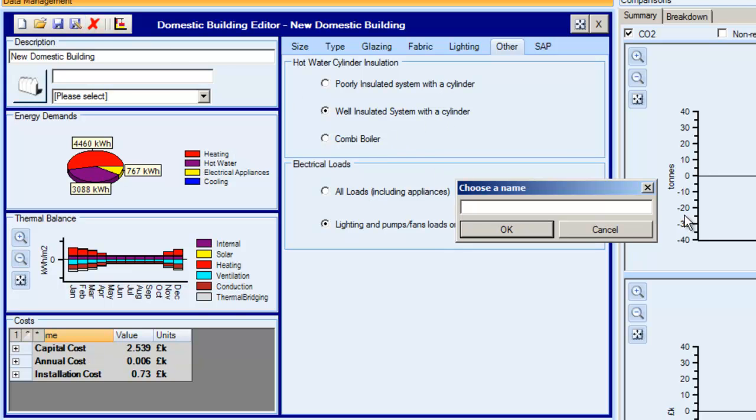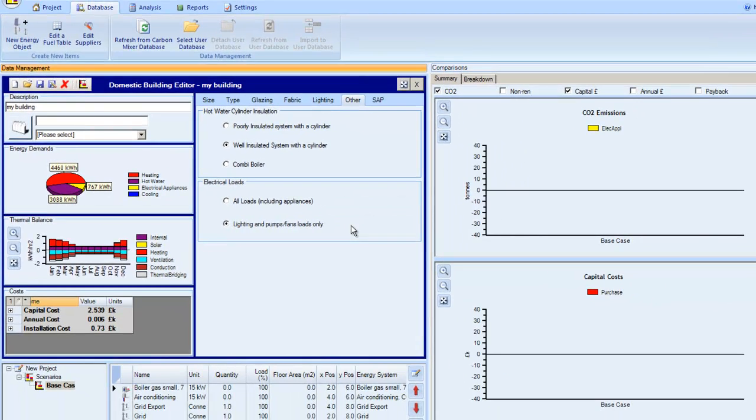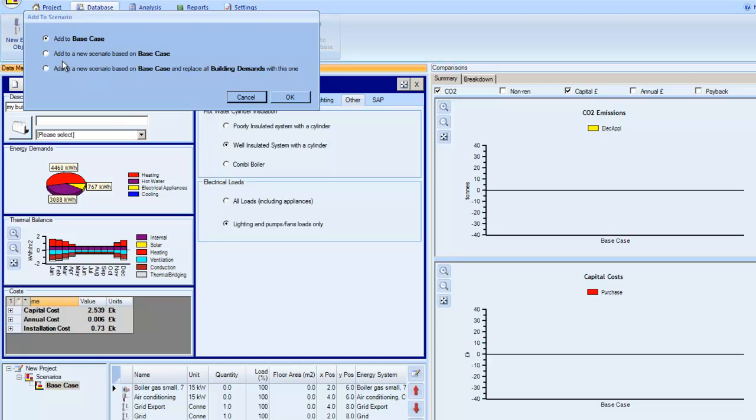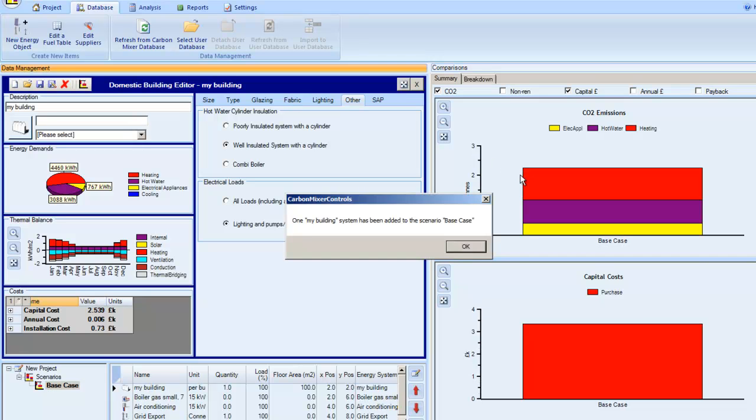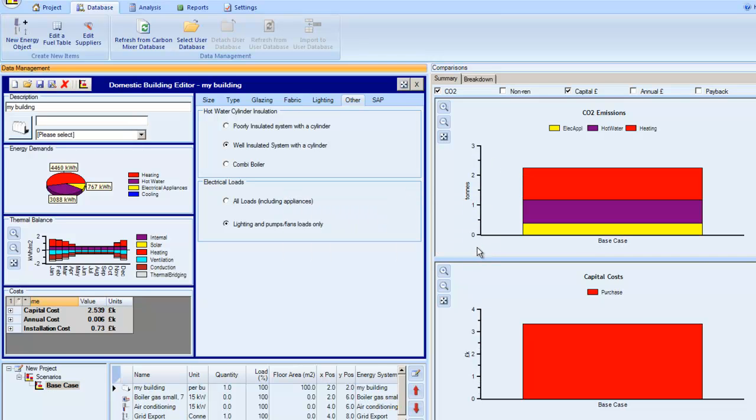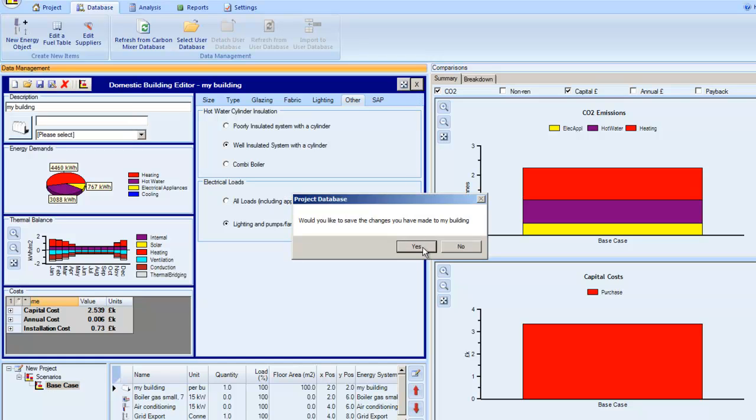So I'll save this building, call it my building, and I could go back to the site now and look it up in the database and add it, but there's a shortcut here. I can add it directly to the current scenario, which is called base case, or I could add a new scenario. Let's add it to the current scenario. And there we go. Now that we have a building that's got energy demands, results in CO2 emissions. There are the CO2 emissions for this building, and we've got some capital costs for the equipment required by the building. So I'm going to close the editor